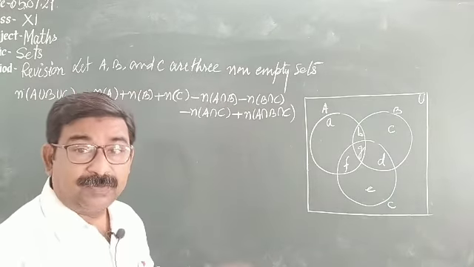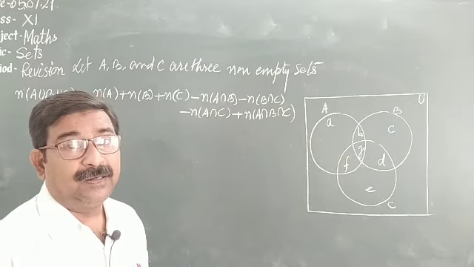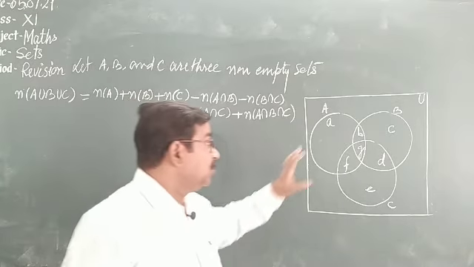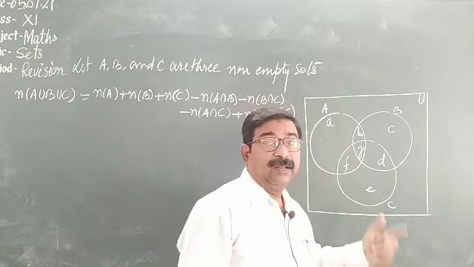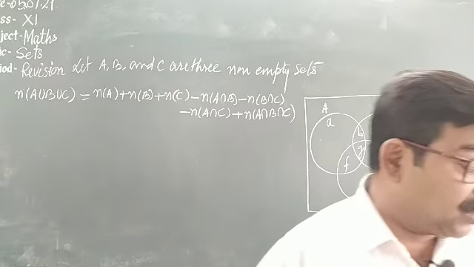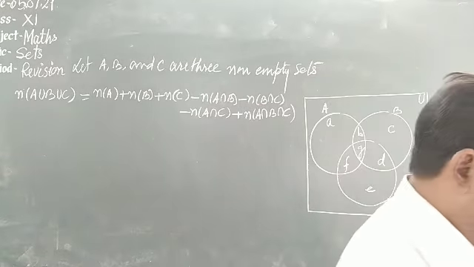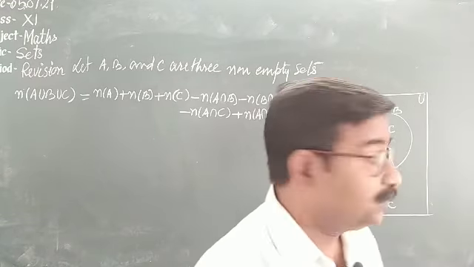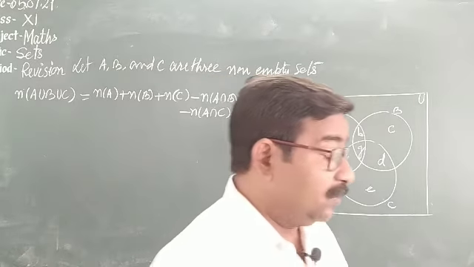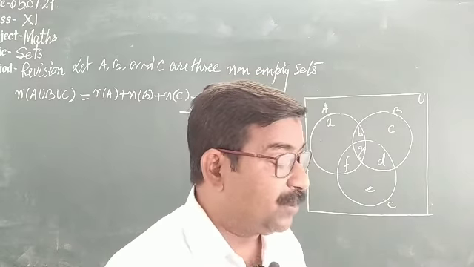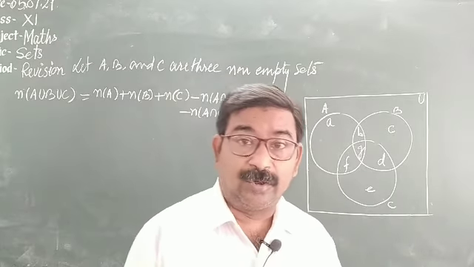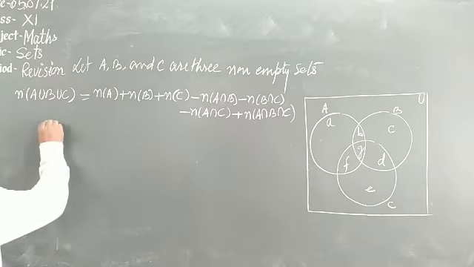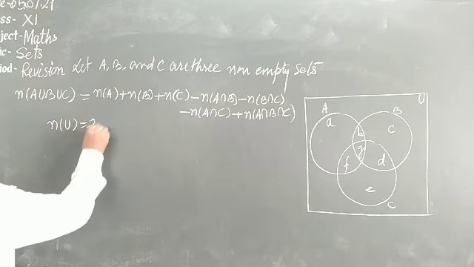Out of these 8 terms, a few will be given and a few are to be calculated. So whatever is given, you have to put the value here and then you can calculate. I am just reading a question, and after that I'll show how to find the result. See, I am reading a question. The question is: in a survey of 25 students, what does that mean? Total students are 25, that is the universal set. So what is given here? n(U) is given as 25.